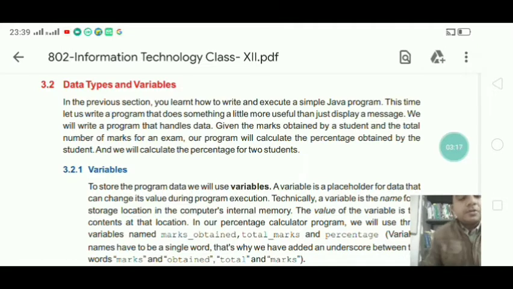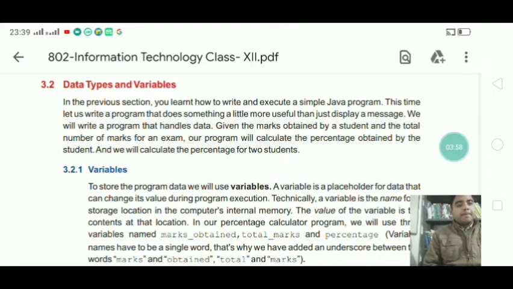Next thing is the variable name should consist of one word. So you can't give space. So for the purpose of readability, you can use underscore. You can write two words and join them with underscore. We count underscore as a character. So joining two words with underscore means that is a single word.